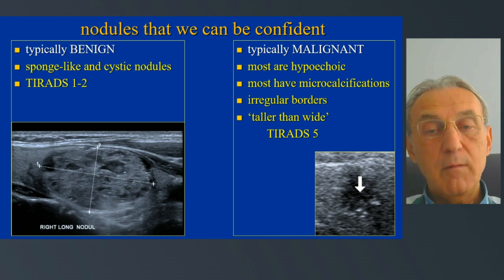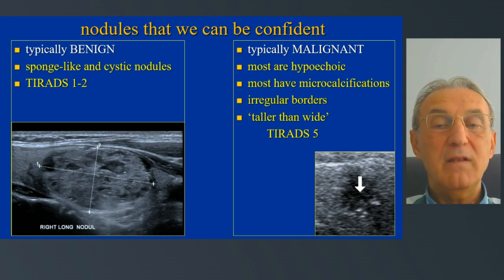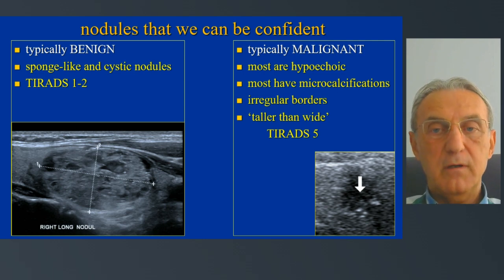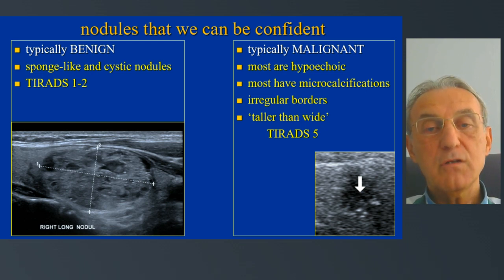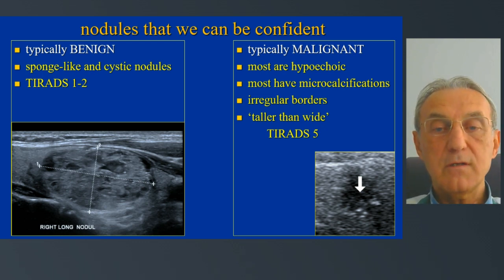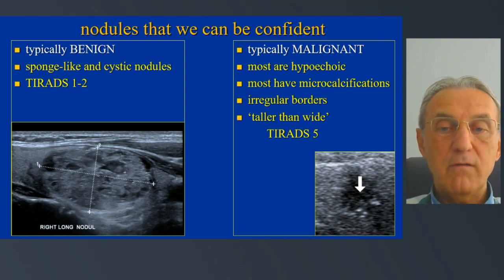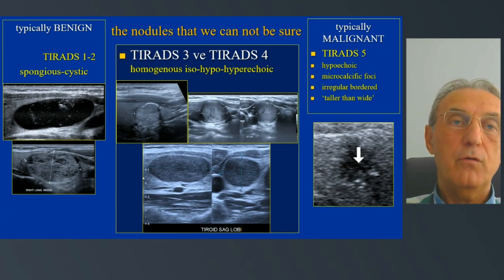There are some nodules that we can easily, in a period of seconds, say that this nodule is typically malignant. These are mostly hypoechoic, most have microcalcifications or punctate echoes inside. They have irregular borders and they are taller than wide. Then we say this is thyroid 5 certainly, or